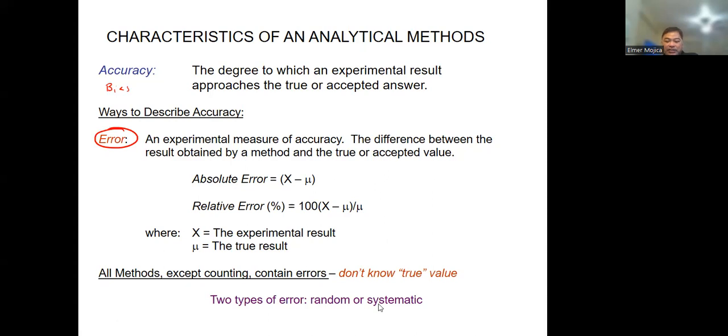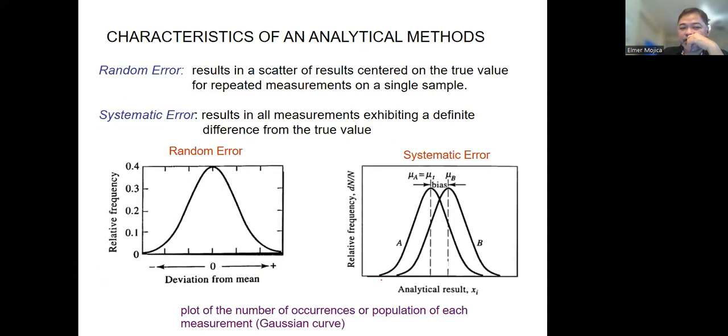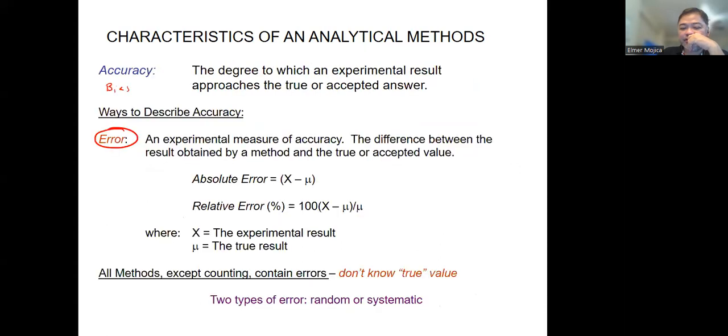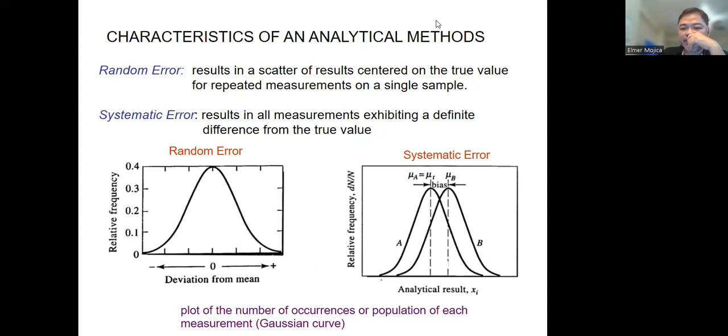Okay, and as I've told you, all methods, they contain error. The only one that doesn't contain error is the counting, because they are really what? Exact number. Now, the thing is, we don't really know what we call the true value, especially if we're dealing with samples. Okay? So there are two types of error that we usually deal on. We have the random error and the what we call systematic error. So if you have a random error, okay,